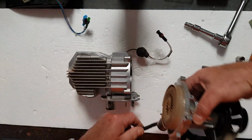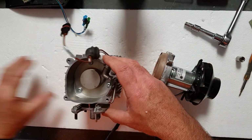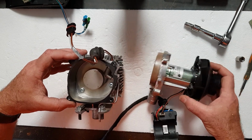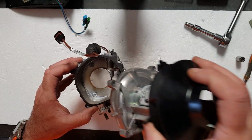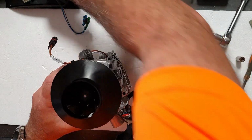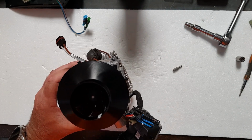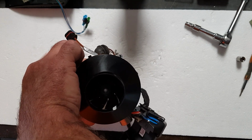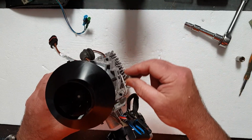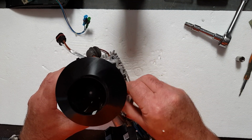Now all we've got to do is fit the fan engine, the fan back on. We need that gasket that we've saved, which is a bit of a bonus. This gasket's not going to affect any of the gases leaking into the van. That section there is open to the fan anyway, and I suspect that's why that particular gasket's serviceable or is savable,